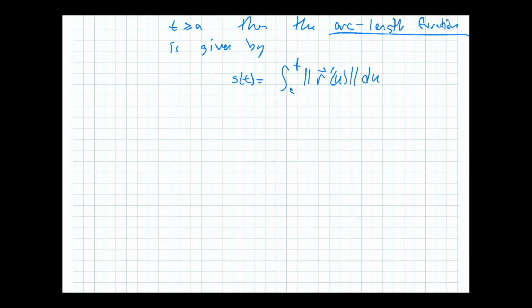And then they say, furthermore, the derivative of s with respect to t, if you take the derivative of this function, what you get is the magnitude of r prime of t,